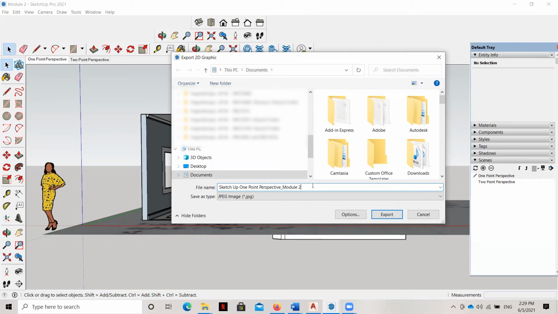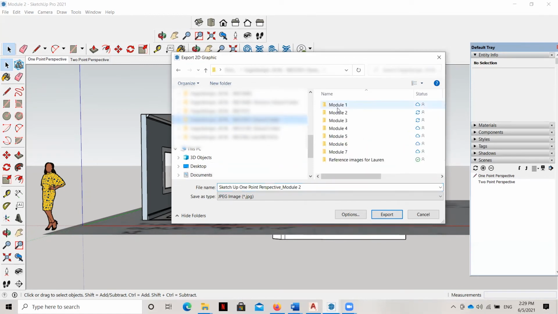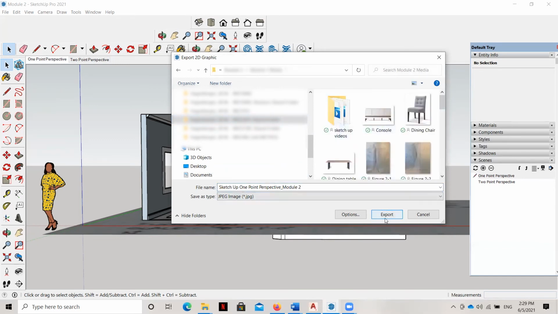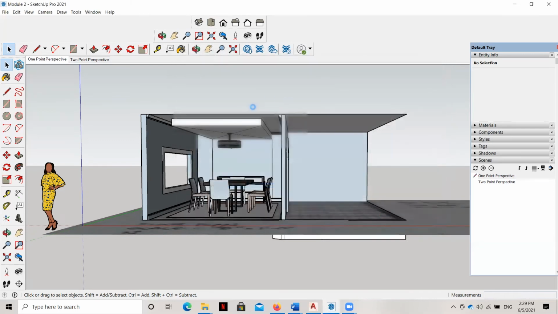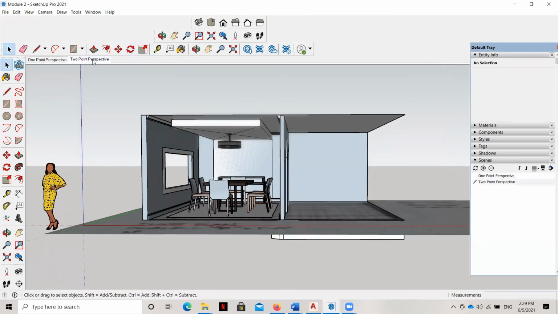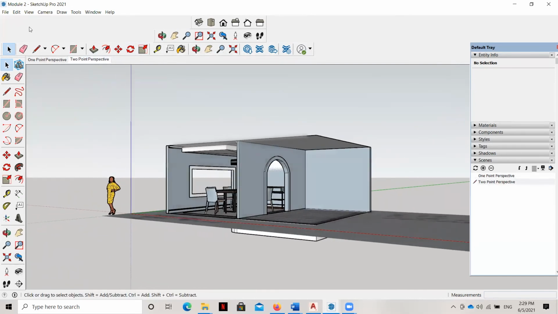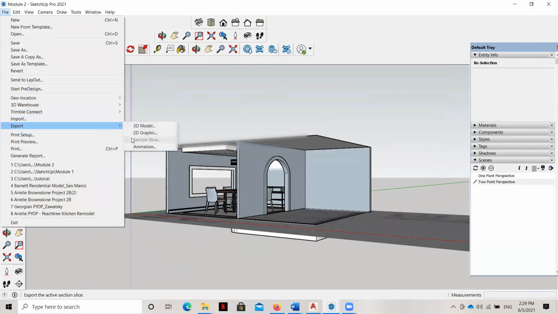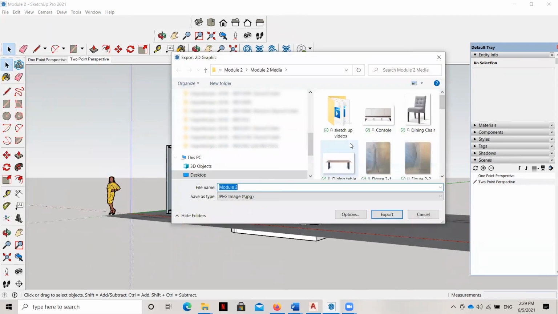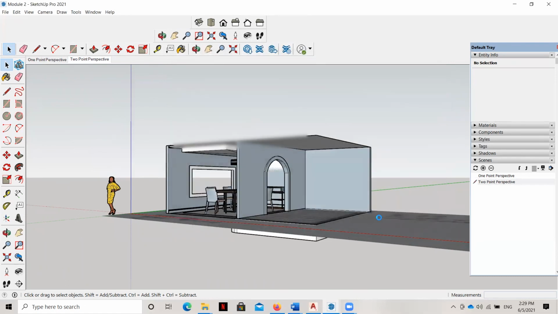And we're going to do the same thing. I'm going to copy this. We're going to make sure to put it in whichever folder that we're going to hunt for it later when we go to upload the assignment. And I'm going to put it here. And then I'm going to do the same thing here. We'll export that view. Okay, and then our two views will be ready to go.